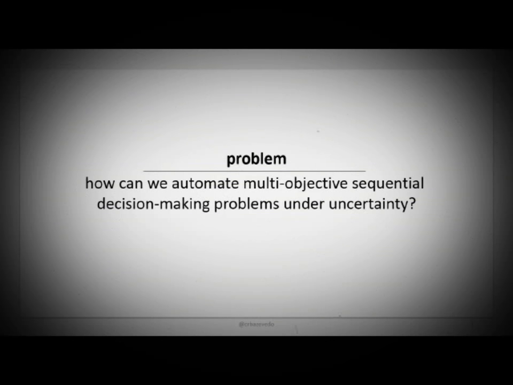First of all, by the multi-objective aspect, we mean that we may have multiple ways of evaluating a decision, okay? And these multiple viewpoints may be in conflict with one another. And by sequential decision-making, I mean that we'll be facing several decision problems over time, and we'll have to output the action at each time step.